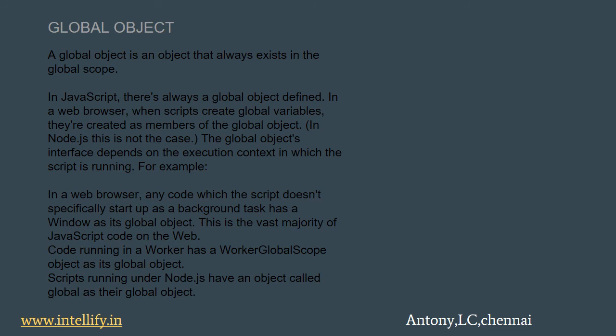So, global object. What is the global object? The global object provides variables and functions that are available anywhere, by default those that are built into the language or the environment. In a browser, it is named window. For Node.js, it is global. For other environments, it may have another name.